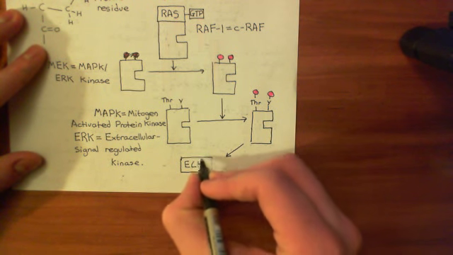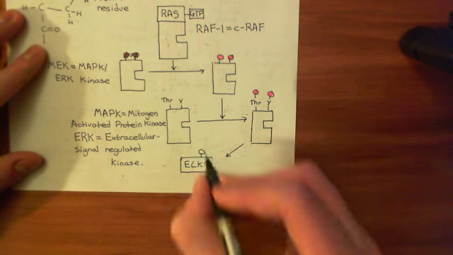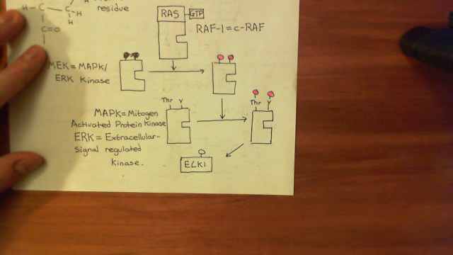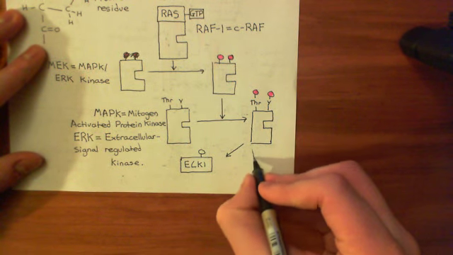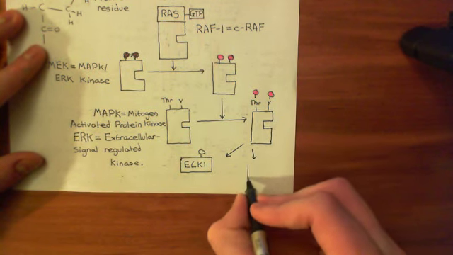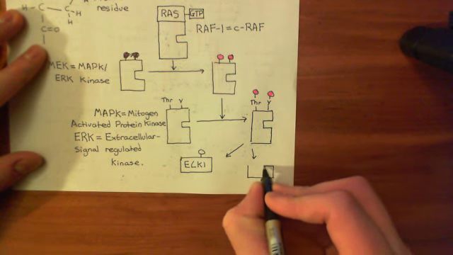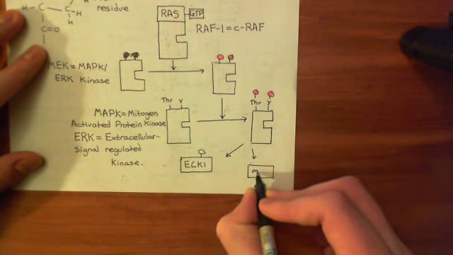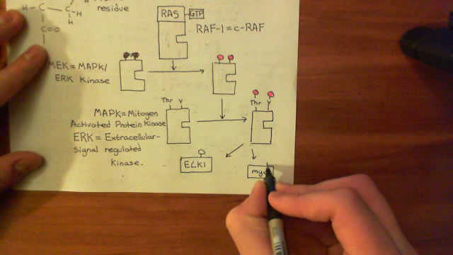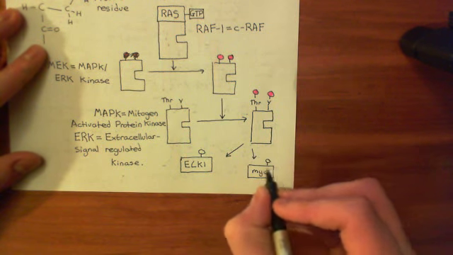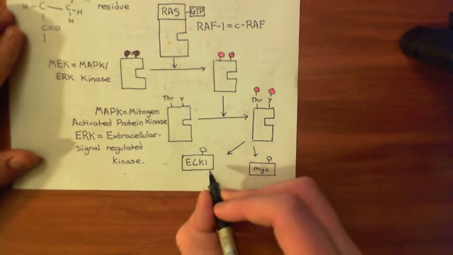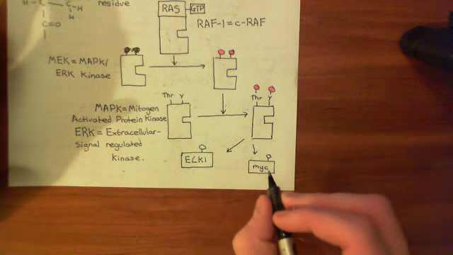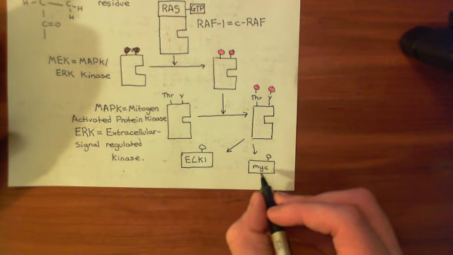ELK1 is going to get phosphorylated. So here is its phosphate group added on. Okay, and also it's going to phosphorylate MYC transcription factors. Now, basically both of these are going to promote growth. Okay, now I will discuss the ELK1 transcription factor firstly, and then we'll come back to the MYC transcription factor,